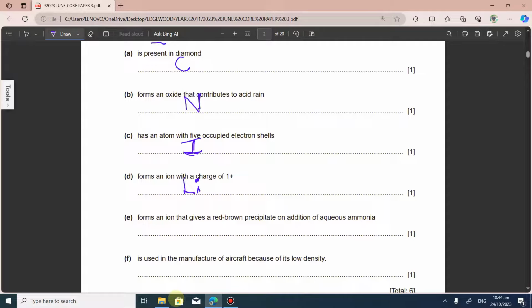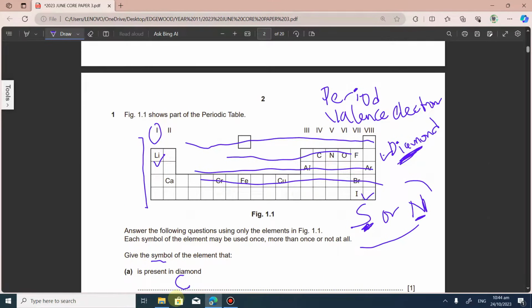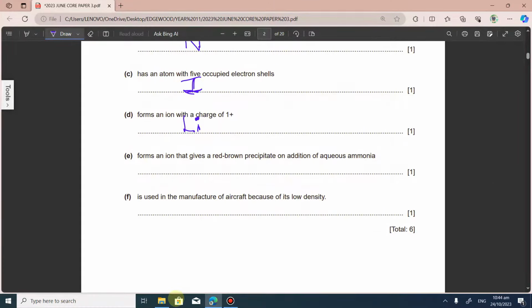Next question. Forms an ion that gives a red-brown precipitate on addition of aqueous ammonia. Now, if you remember your experimental design and chemical analysis, when you're doing a test for cations, this is one of the methods that we use to test cations. And if you can recall, it is only iron(III) that will give you a reddish-brown color. Reddish-brown color. So iron